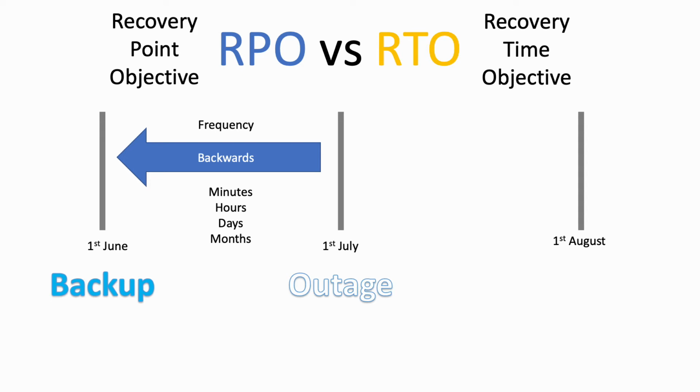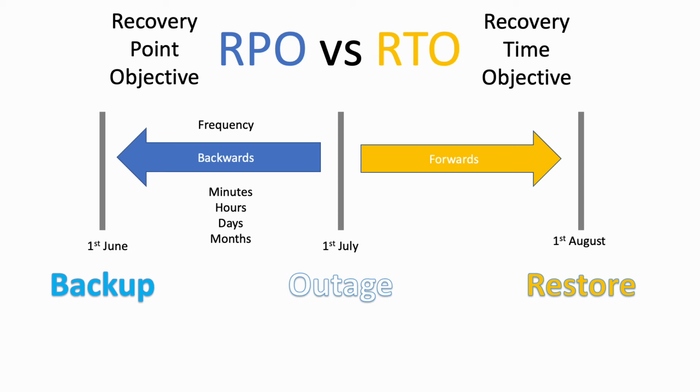And when we're looking at RTO, recovery time objective, we're essentially looking at it from a forward perspective, right? How quickly can we restore our system? So in this example, I used the 1st of August as a day. Again, a little bit extreme, but I just want to highlight the case here, right? So really, we're looking forward and we're looking at restoring, how quickly are we bringing those systems up,